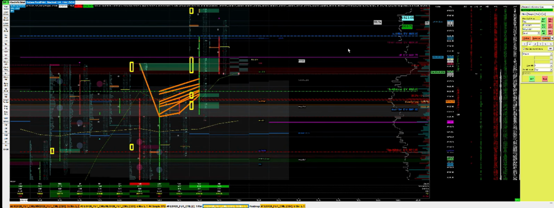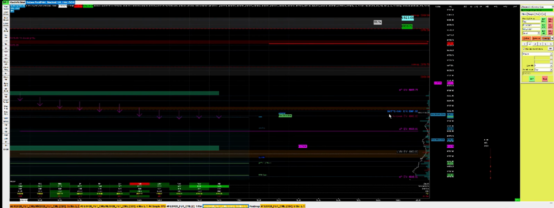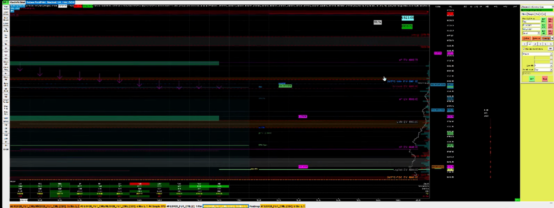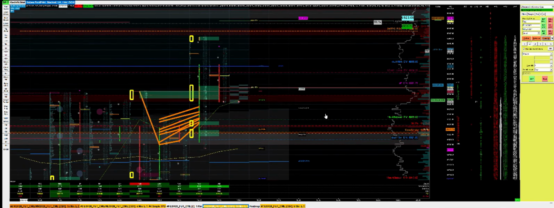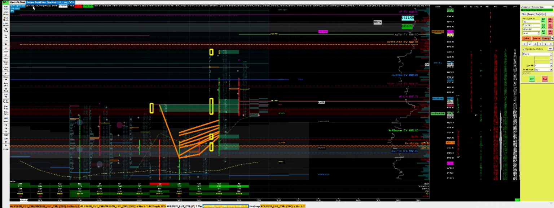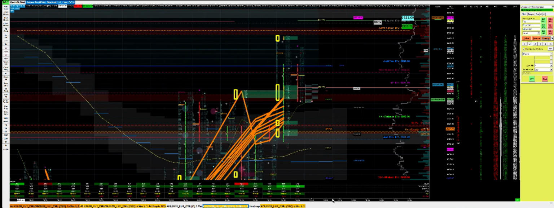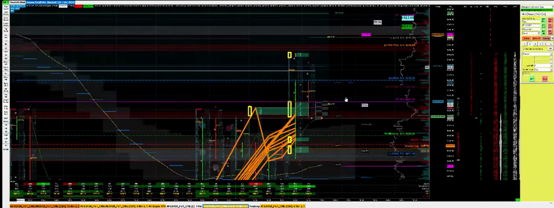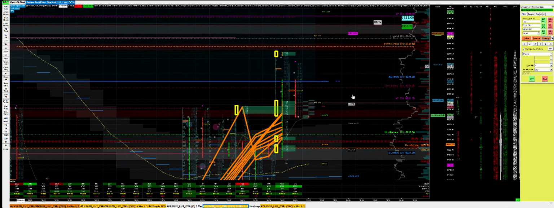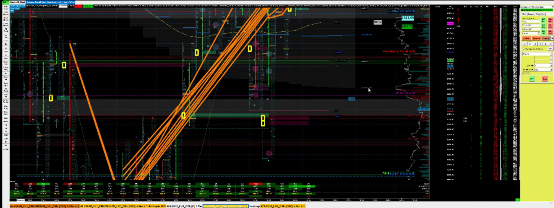All that is transcribed right here. You can see the single print right there. Single print right there, 2-day TPO, that's updated, and I'm ready. And now I'm looking at my footprint chart. I switch to 15-minute, and I just zoom all the way in so I can just see the candle. And I just use the candle to start creating a sweep, and the sweep or the bull and bear hidden,